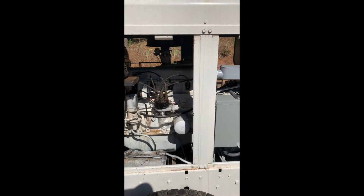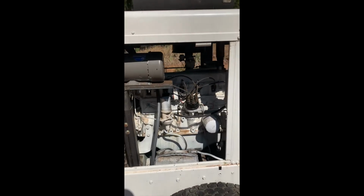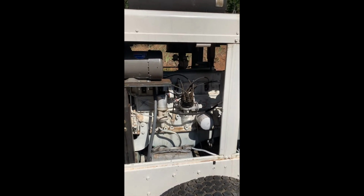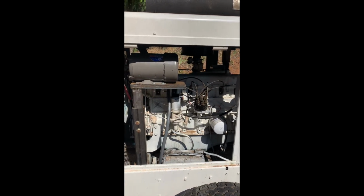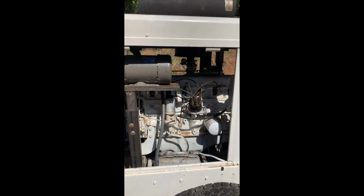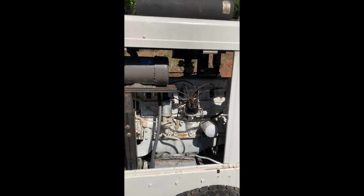coming out. The fuel pump itself has a canister filter in it that was gone when I bought the generator, so I replaced it with the correct filter. Just things in general that I wanted to do to make the generator reliable so that it starts up and it runs every time. The generator was relatively quiet compared to the previous air cooled generator that I had, which